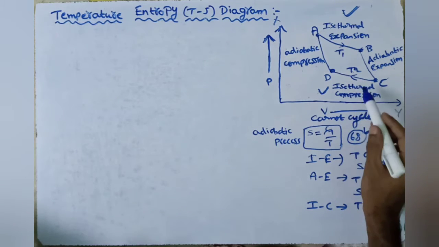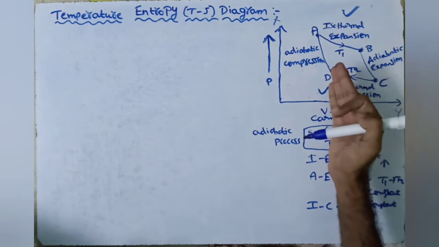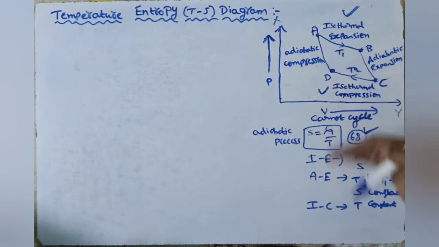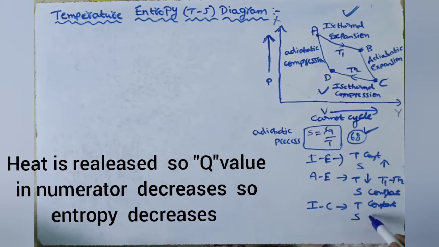What about entropy here? Here, temperature is constant and heat is released from the working substance. So, entropy decreases. Here entropy means S is equal to Q by T. Heat is being released, for example 8, and the temperature here falls to 2. As heat is released, it becomes 6 by 2, then 4 by 2, then 2 by 2. Like that entropy is getting reduced.